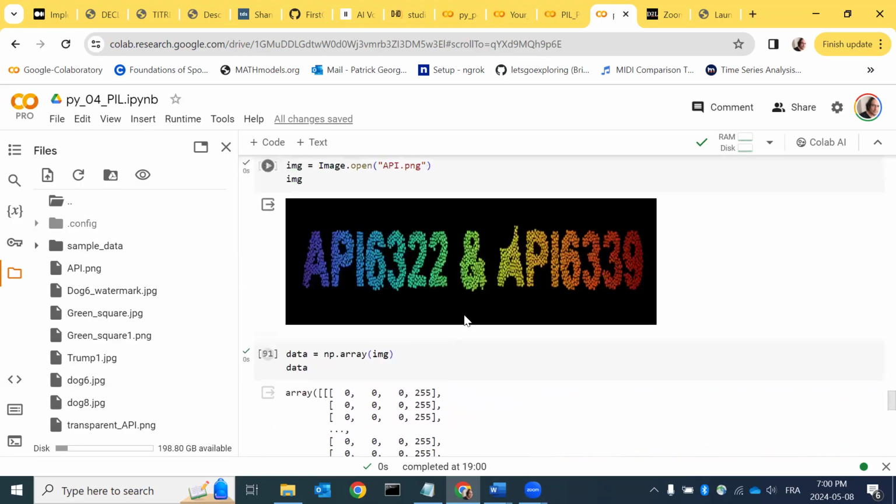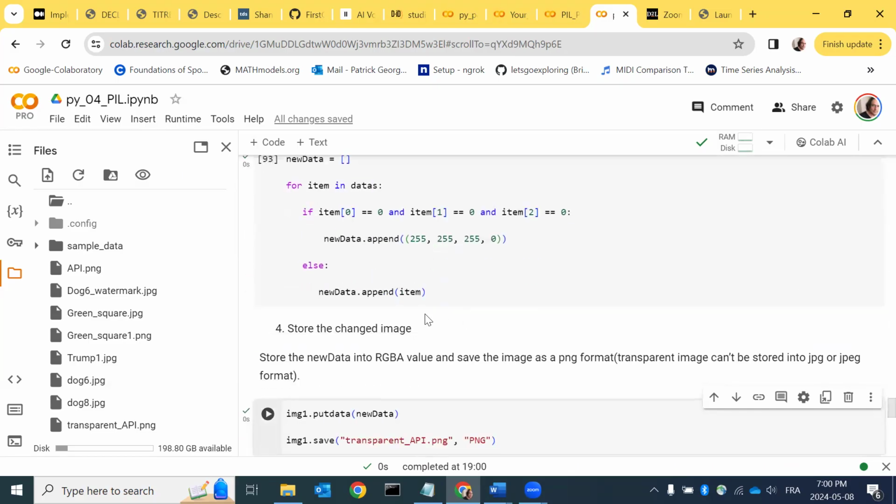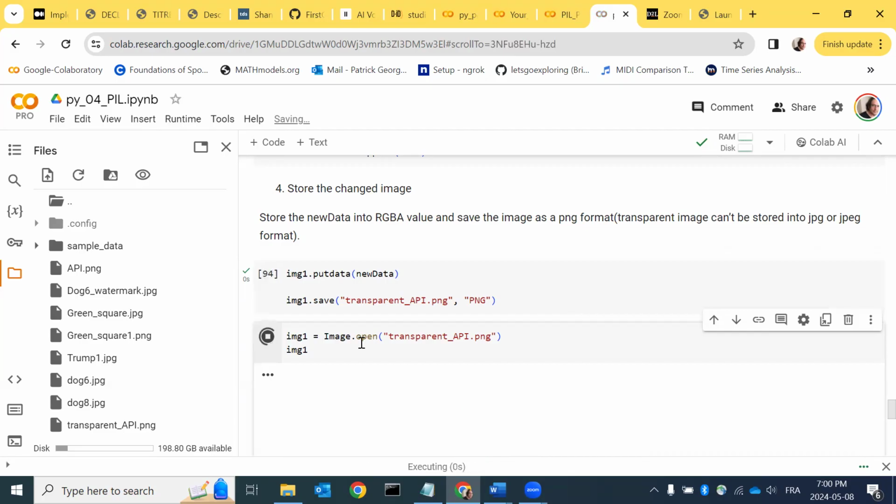And I call it IMG1, and I save it with that name, okay? You can see now, you can open it as we did before. And if you open it,